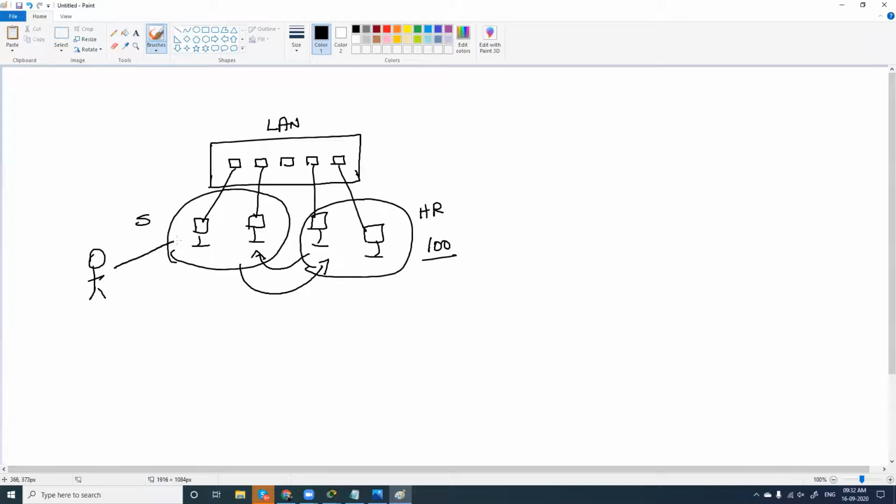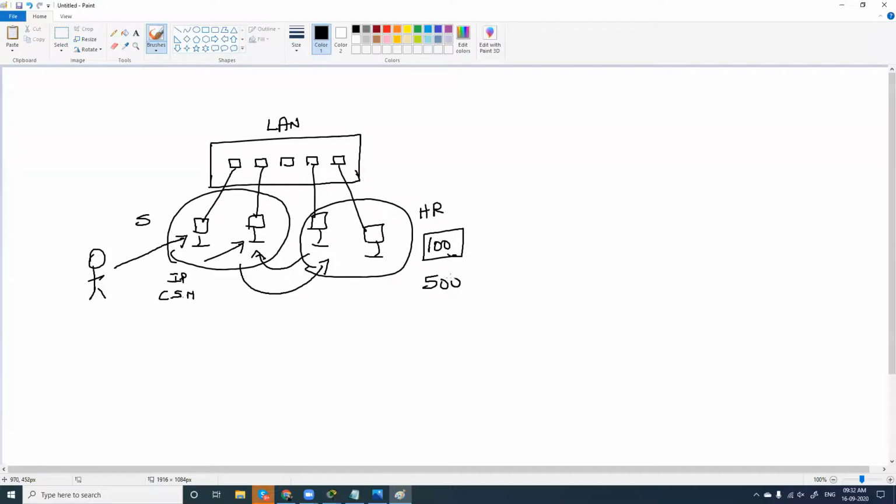You have to sit in front of each computer, go to the IP settings there, and give your custom IP address and your custom subnet mask. So with 100 computers, you will have to sit in front of all 100 computers for subnetting to take place.